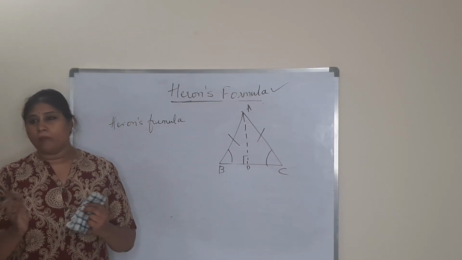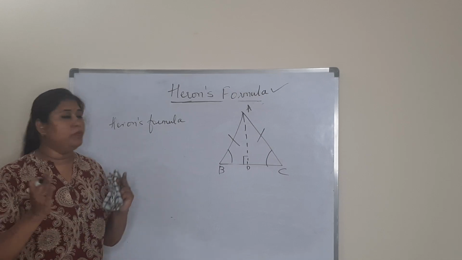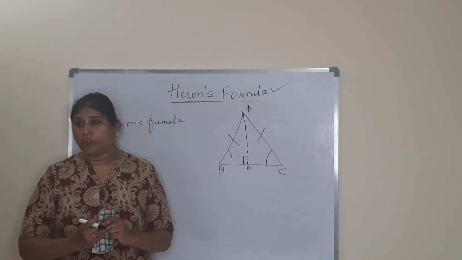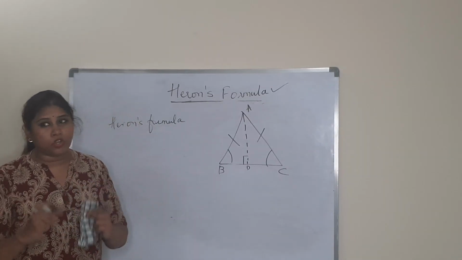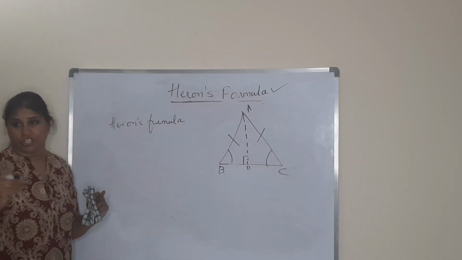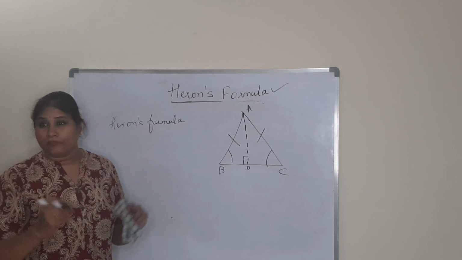Pythagoras is also a mathematician, a very good mathematician. You know that, right? Yes, ma'am. Because of him we are able to know the applications of trigonometry. Trigonometry, everything is based on the right angle triangle and the Pythagoras theorem, right? Yes. So he is one of the famous mathematicians. Just like our Pythagoras bhai, this Heron bhai is also very famous.